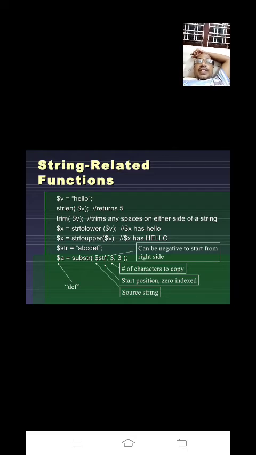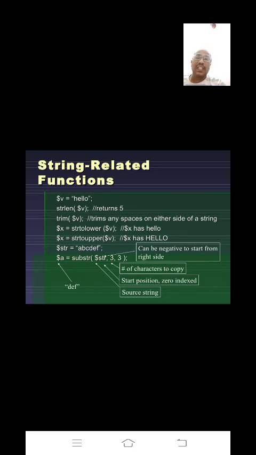In this example, you have written $x is equal to strtoupper($v). The small hello in the $v variable will be converted into capital HELLO.